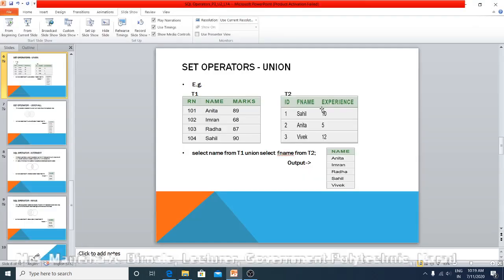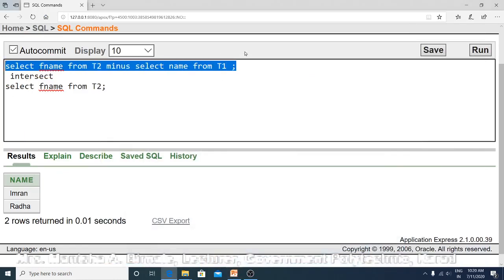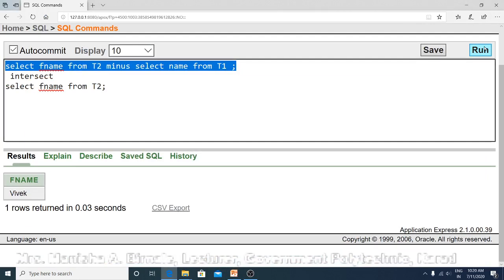So here you can see the T2 table contains app names Sahil, Anita and Vivek. But Sahil and Anita are present in the T1 table also. So the result will include only one record, having app name Vivek. So only one app name is displayed by this query.